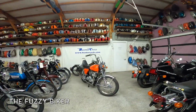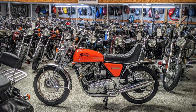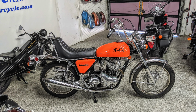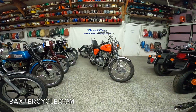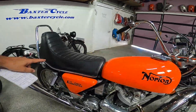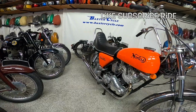Welcome to Throwback Thursday. We're at Baxter Cycle in Marne, Iowa, and look what they have for us today. This is a 1971 Norton High Rider. It's a 745cc engine. It's got the same engine as this bike right here. It's essentially the same bike, roughly. This is an actual model that was released by Norton back in '71. It had this seat, the high bars, the smaller headlight. Really quite a motorcycle for its time. They were trying to compete with Harley, but